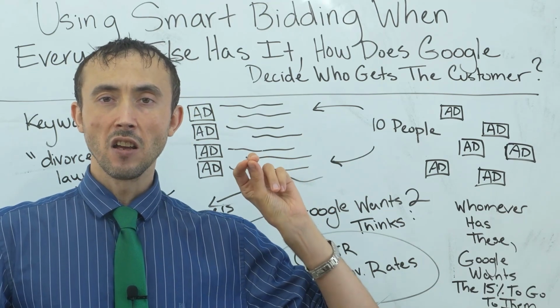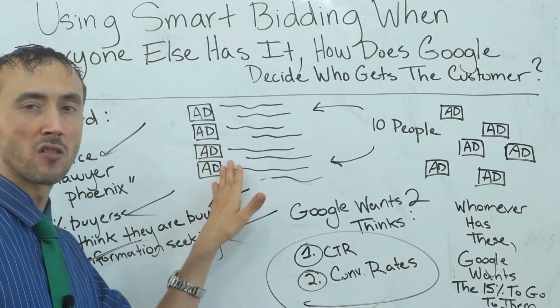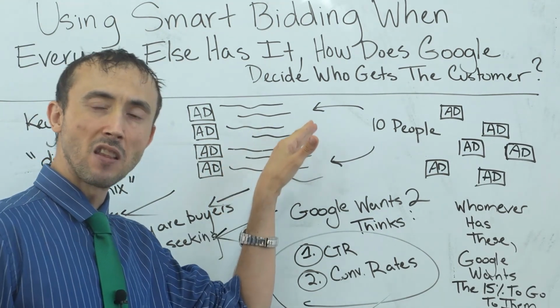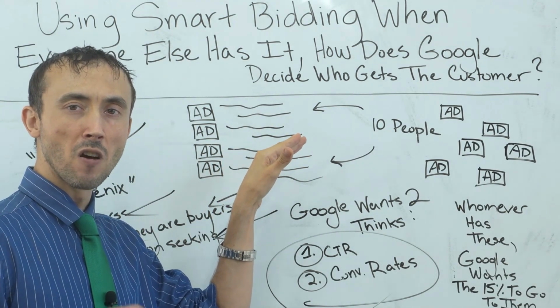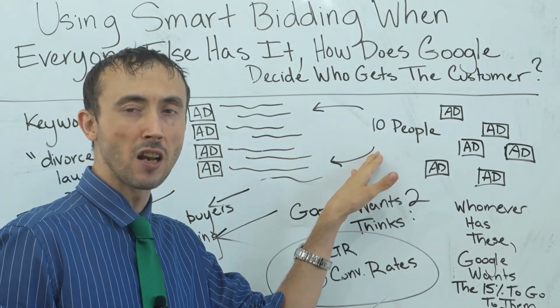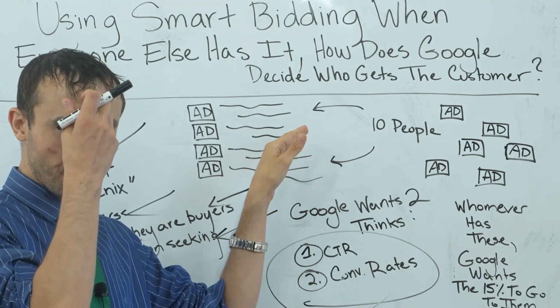You've got to have better click-through rates and conversion rates than your competition, or Google's going to sub-segment the traffic for your keywords that is least likely to convert, based upon all their machine learning, and give it to you, and you're not going to make any money. Versus the better half